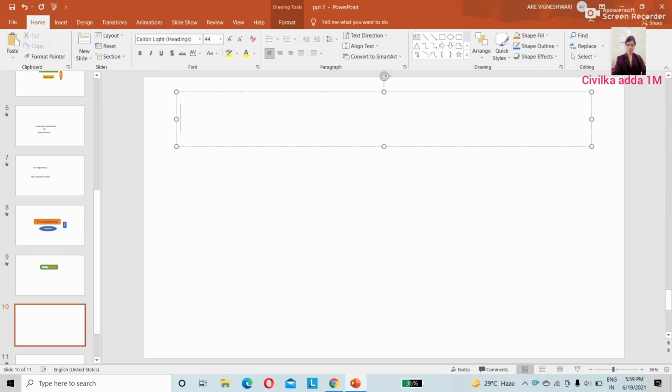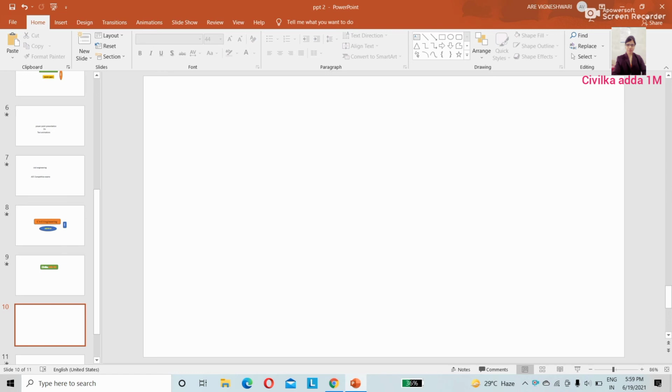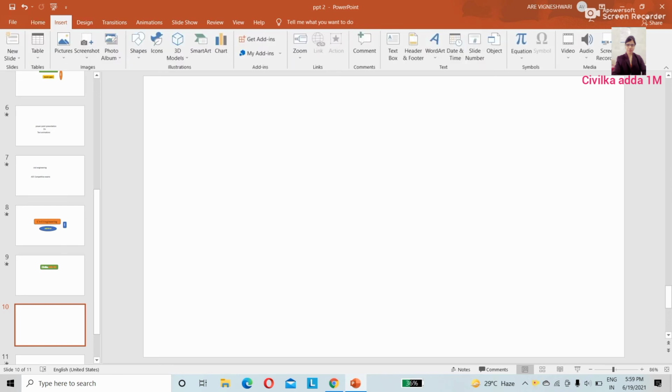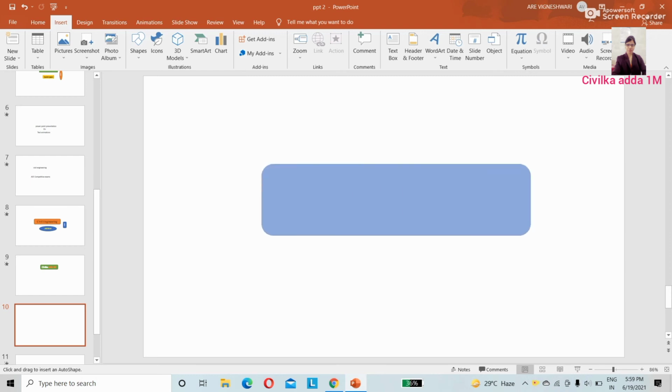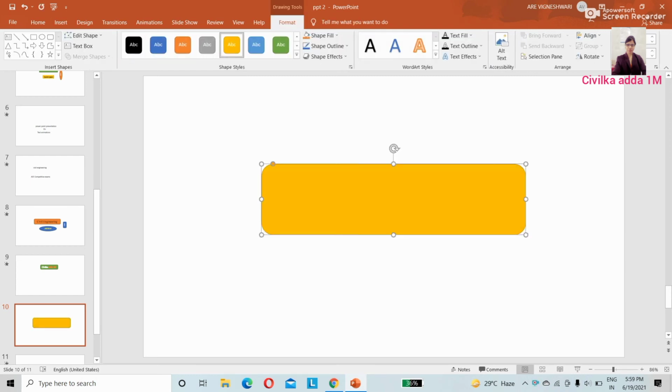So I am taking a normal blank. You can do on this also, but let me take blank. So I am inserting, and to this, let me write some text, civil engineering.